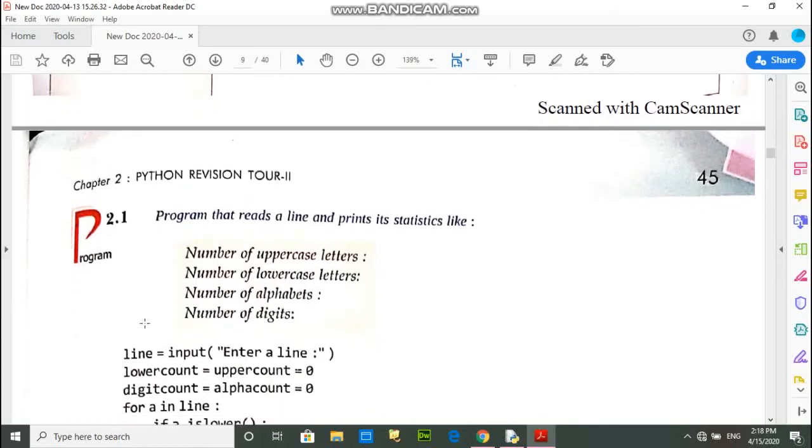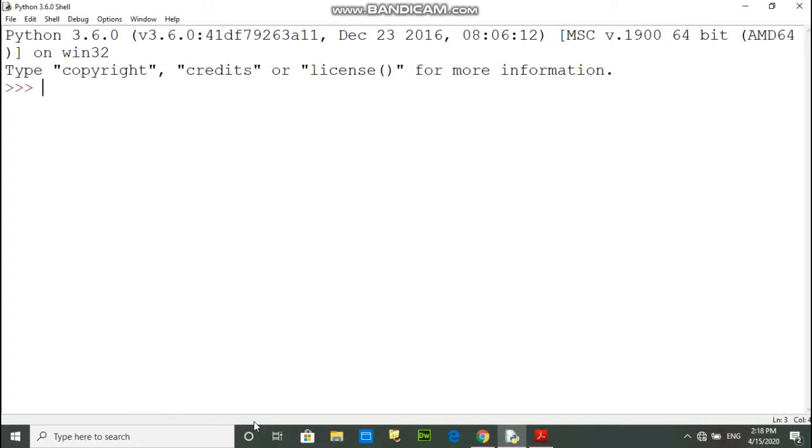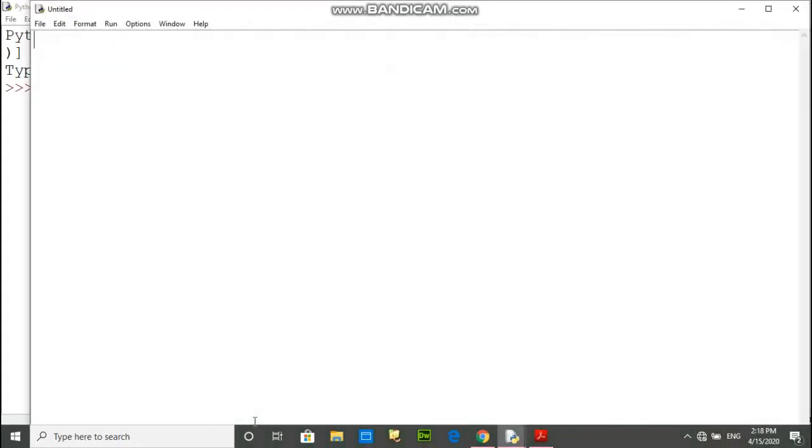And there is one program that reads a line and prints its statistics, like the number of uppercase letters, the number of lowercase letters, the number of alphabets, and the number of digits. First of all, take any string.